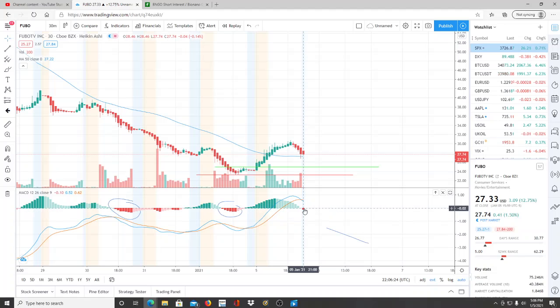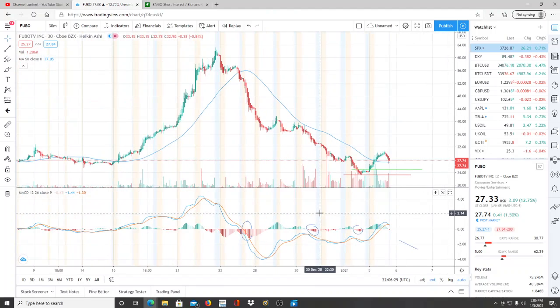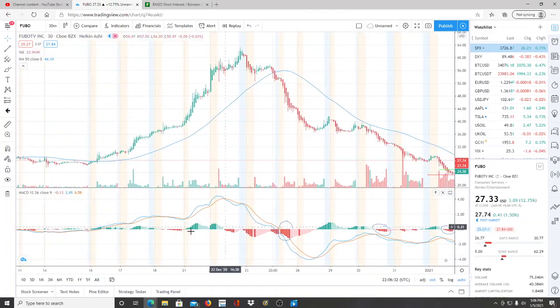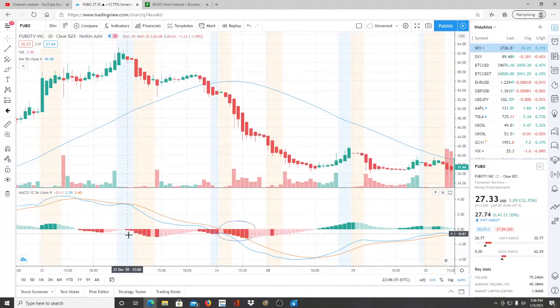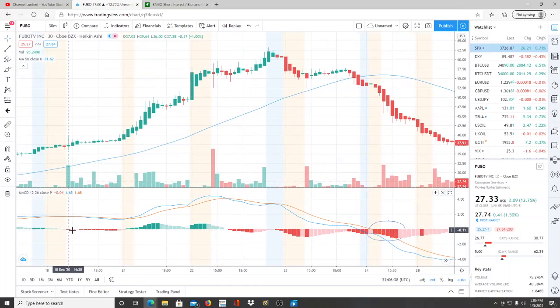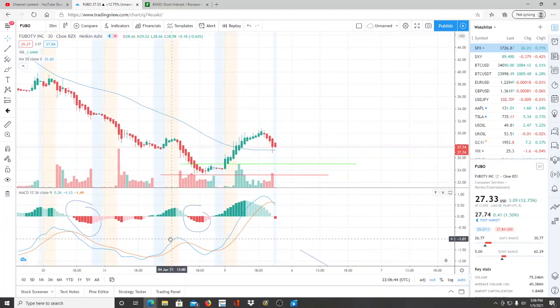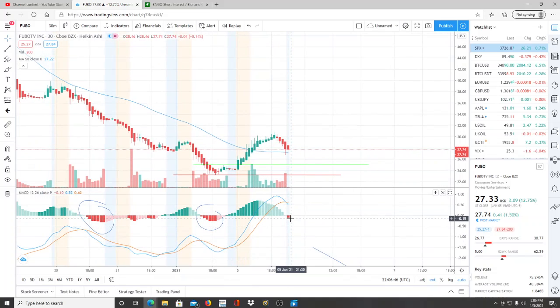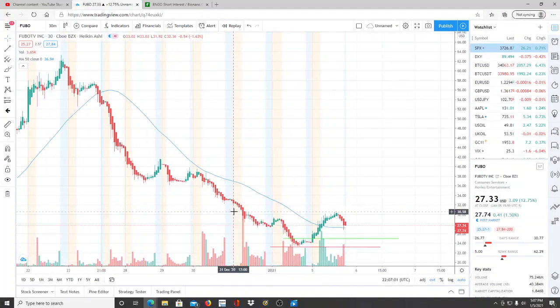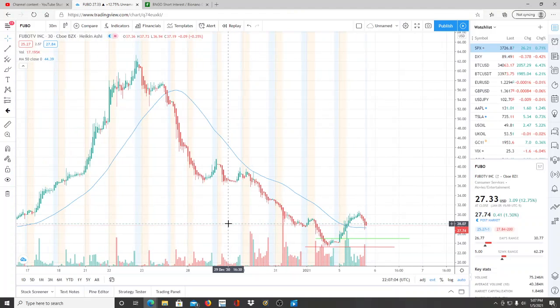The only way this red can disappear is if it turns into light red. And I have hardly ever seen dark red go straight to light red. Like right here, it barely happened. That was one time in the whole chart, and I've barely seen it in any chart. So there's more red bars coming. And we need to watch them carefully towards the end of today and leading into tomorrow. So I want every single investor to be aware of this. Don't get blinded by the movement that the stock has made today, thinking that we're now going to the moon.